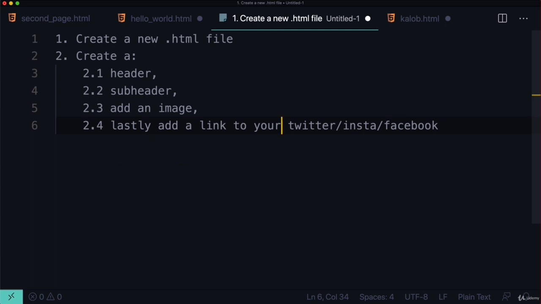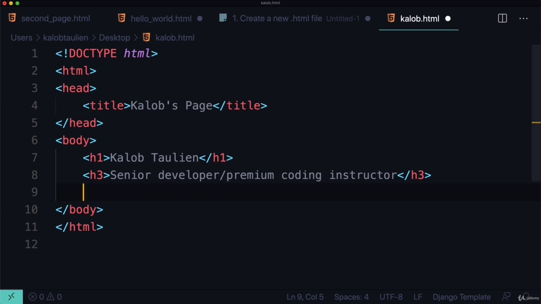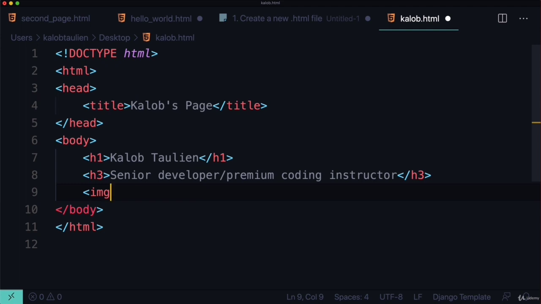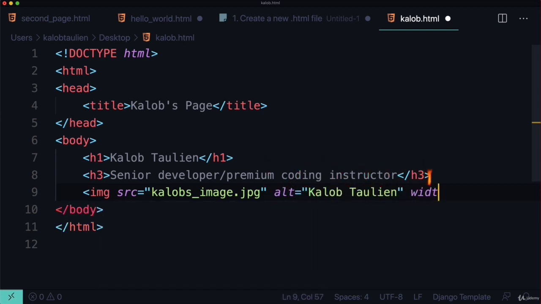2.3, add an image. Okay, so I already know that I have one image in here. It's not an image of me, but it is an image. And this is from a previous lesson. So I can do image src is equal to Caleb's image.jpg, and that's just in the same folder as this file. All of this lives on my desktop. It's in the same folder. Alt, Caleb Tallien, and I want to give this a width, so it's not huge, of, I don't know, like 400. Lastly, I need a paragraph,